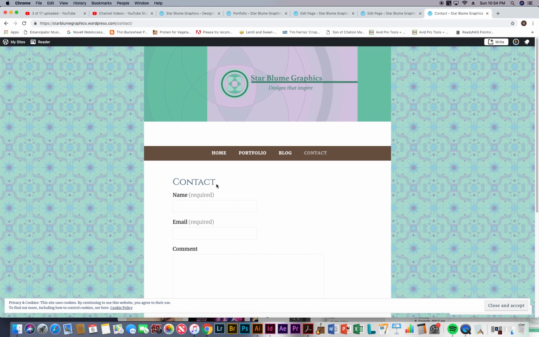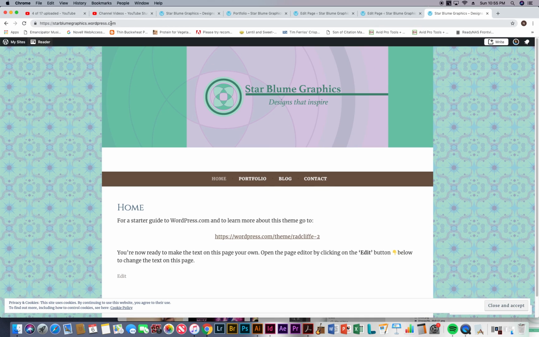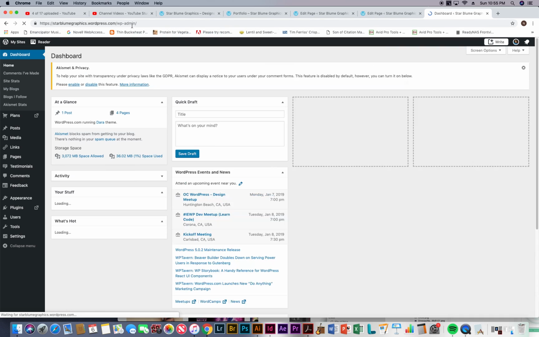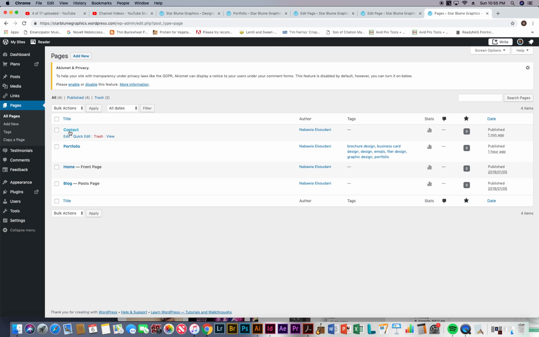Now, if I wanted to make changes to that with a little bit more control and precision, I would go to the WP admin. I have a link to it here, but that's because my site's grandfathered. So for you guys, remember, if you don't have that WP admin, you have to click on your main site view, your home page, and then click at the end and type /WP-admin, press return. Here I am in dashboard. I'm going to go to pages, all pages, or just click pages, and then contact, edit,